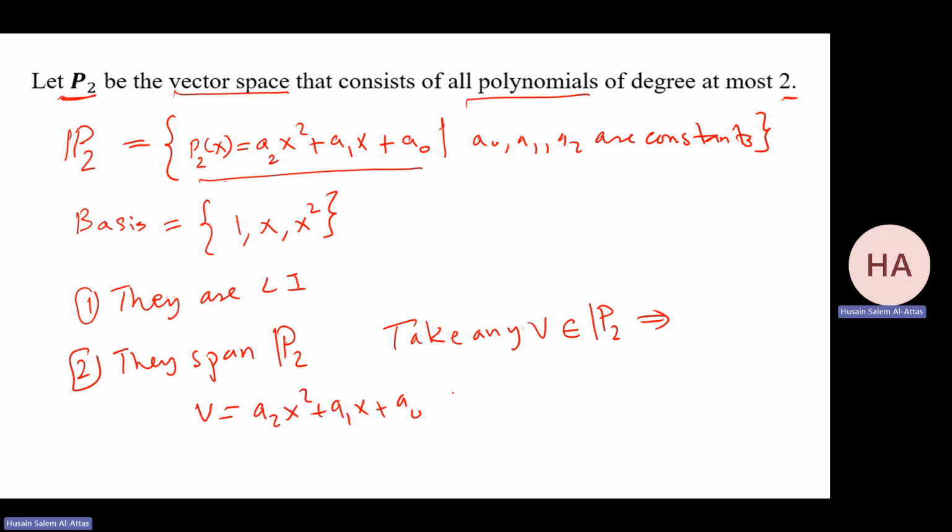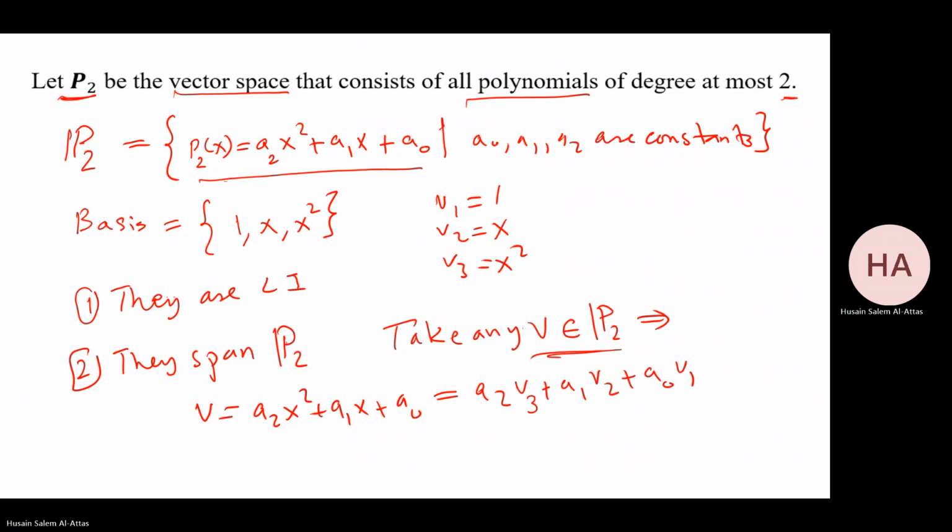Call this the basis, v1 equal 1, v2 equal x, v3 equal x squared. So it can be written as a2 v3 plus a1 v2 plus a0 v1. It means any vector in P2 can be written as a linear combination of those three. So they span P2. So this is a basis